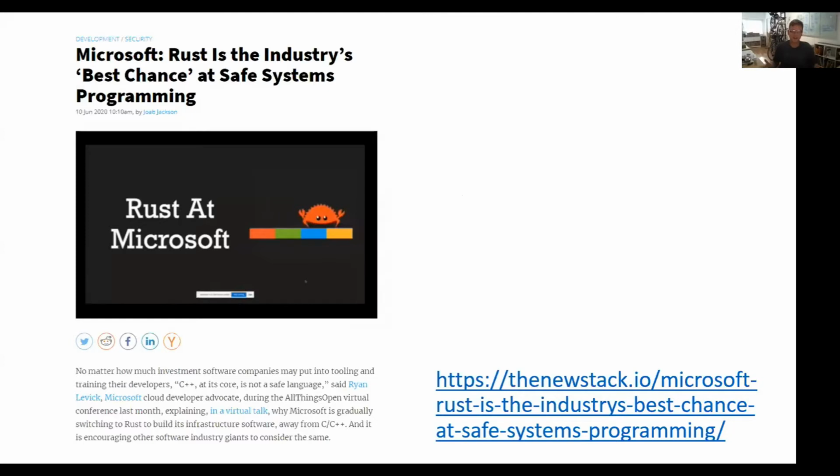C++ is a fantastic language. It's a language I first learned on when I got my comp-sci degree. And I don't think that Ryan Levick speaks for all of Microsoft, but he's at All Things Open, and he's really trying to push Rust, so that's the way he did it. So I don't know, I thought I'd just bring it out there. I don't know if anyone has experience with Rust, or maybe we could do a Rust for the C++ developer later on.